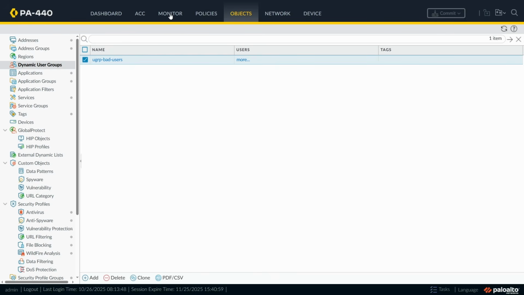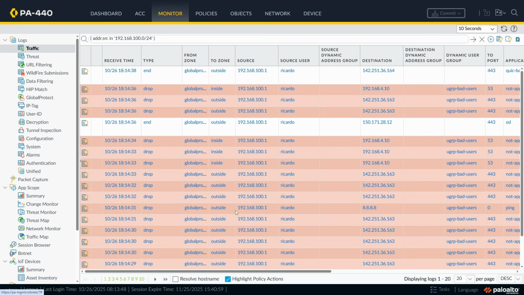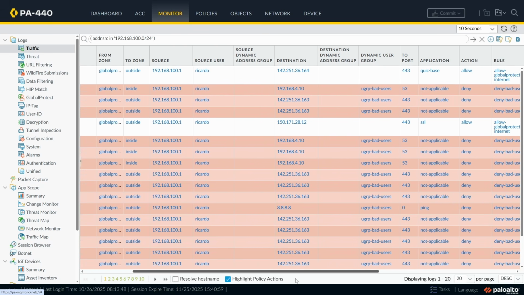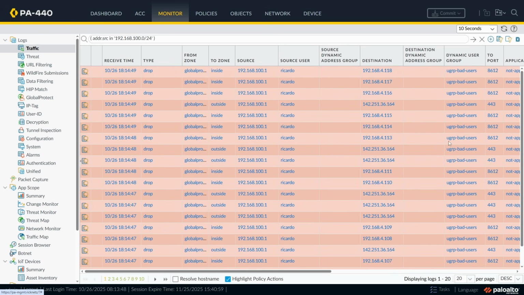Actually not here. It should go to the traffic. So let's go to monitor, not the threat anymore. The traffic, because now it's being blocked directly. So it's not going through threat anymore. If I have here dynamic user, there you go. Dynamic user group. Now whatever is being blocked, DNS to Google, whatever it is doing, it's showing that the dynamic